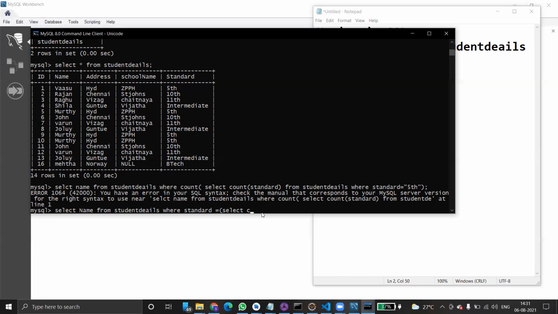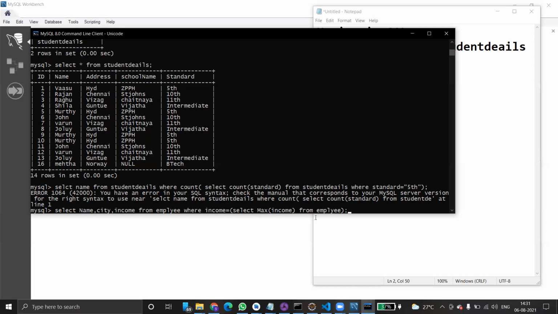So I want to fetch name, comma, city and income from employee where income equals to, and we'll use another subquery here: select maximum salary of income from the employee table. This is how we use it.